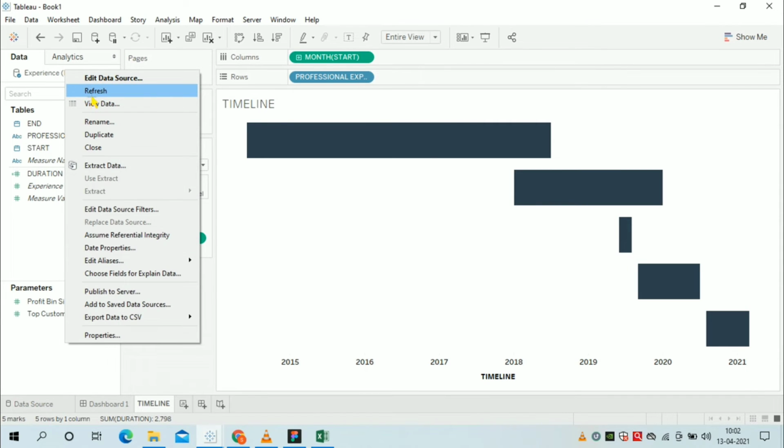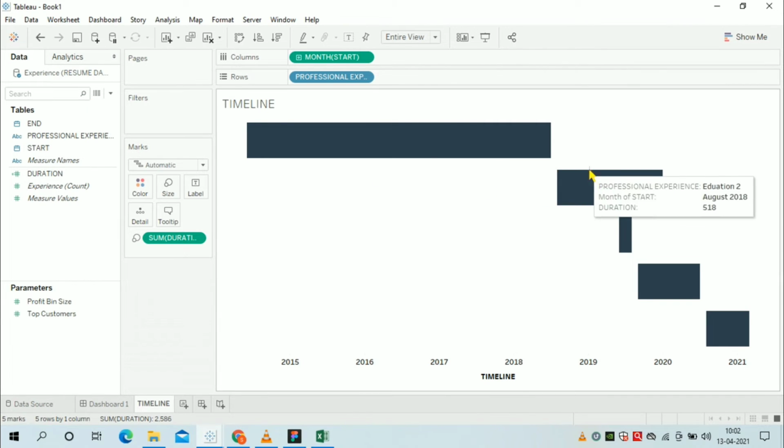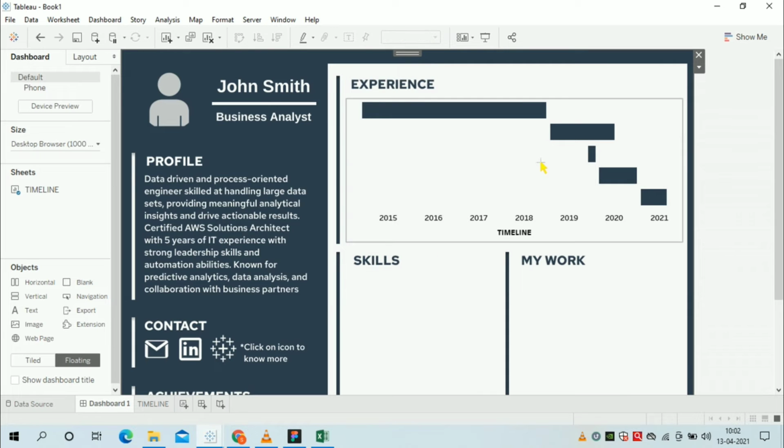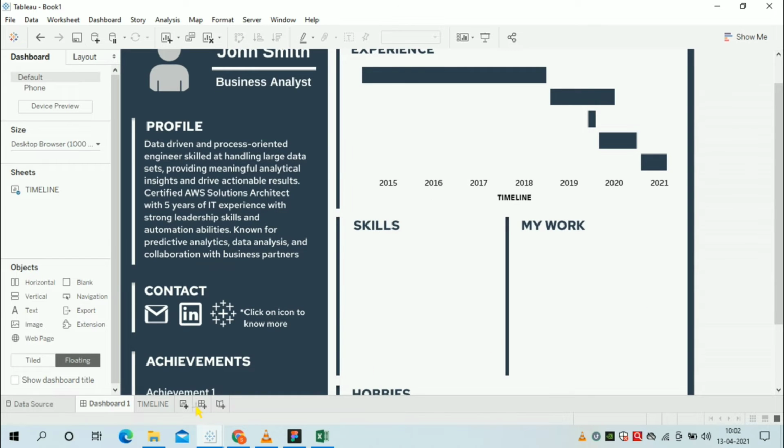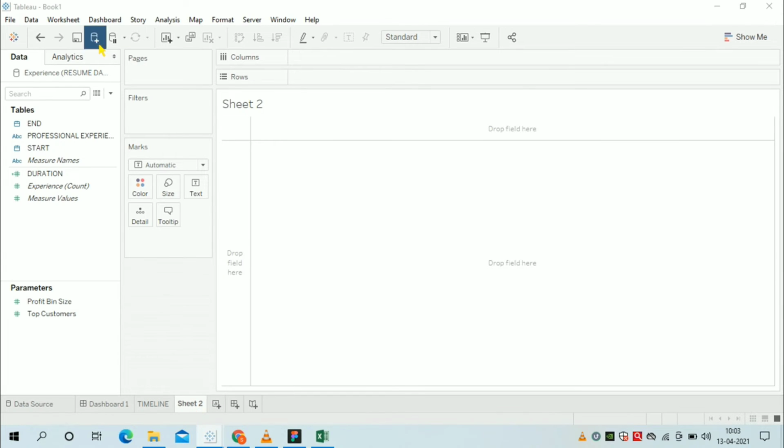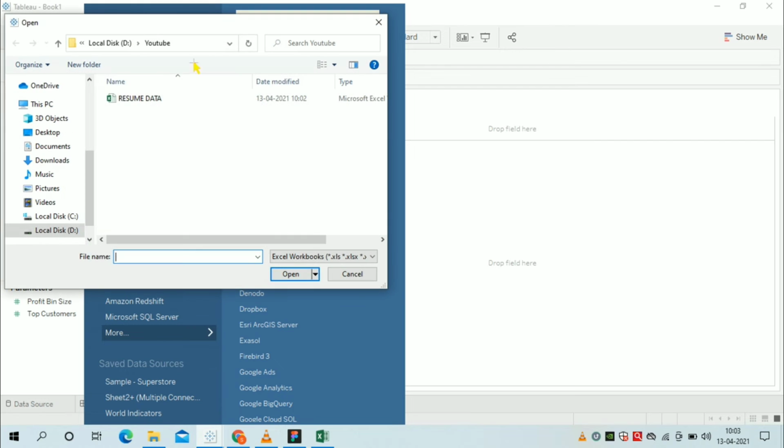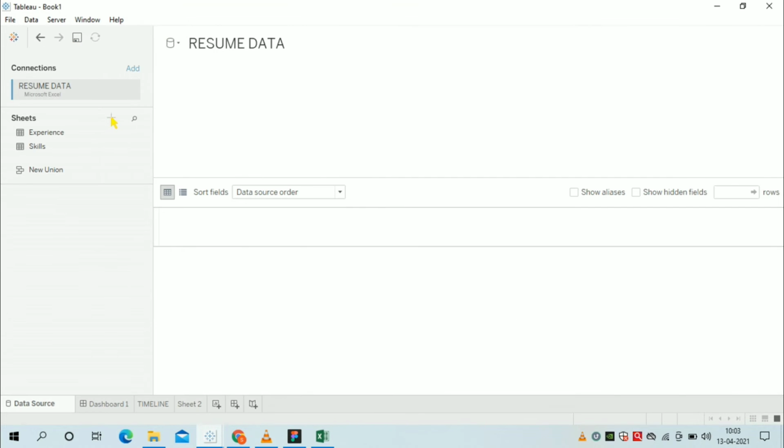And refresh the data set. Okay, now you can see it properly. Education 2 starts when education 1 ends, and during education 2 the person has done some internships and everything. So if you want to show something like this, this is the best method to show it. Now we will add the new data set, which is the same data set, just we'll add the skills section